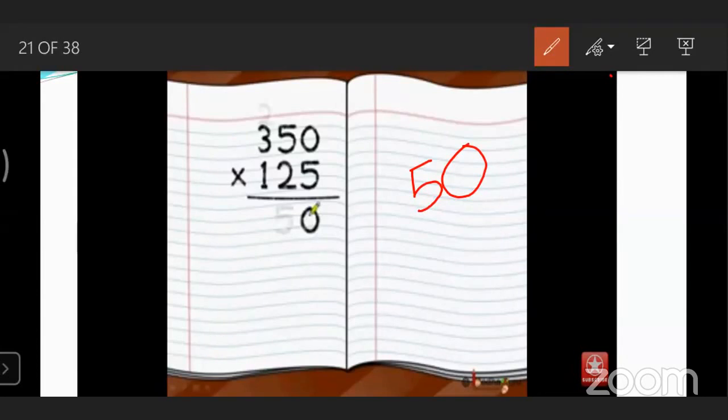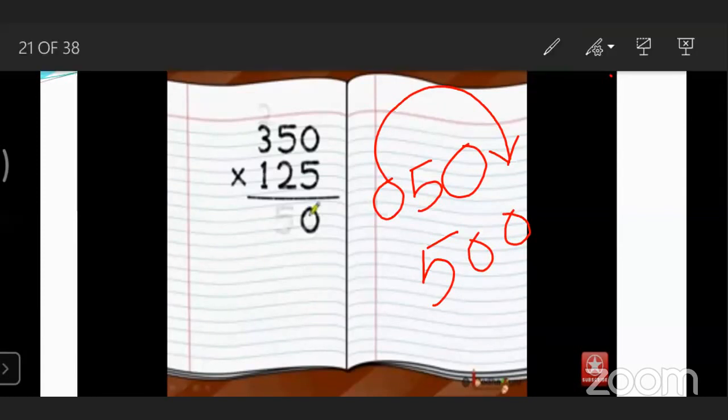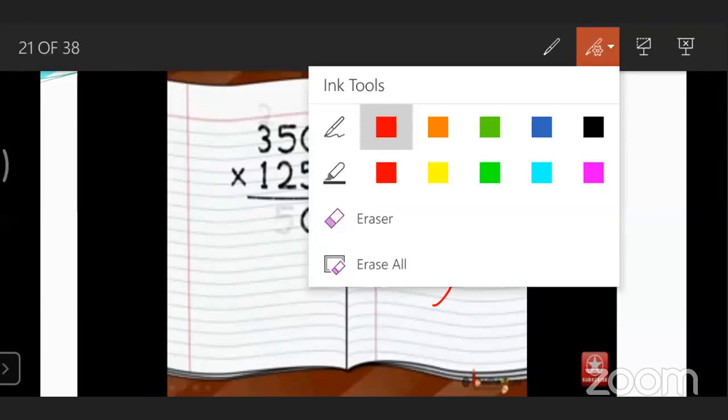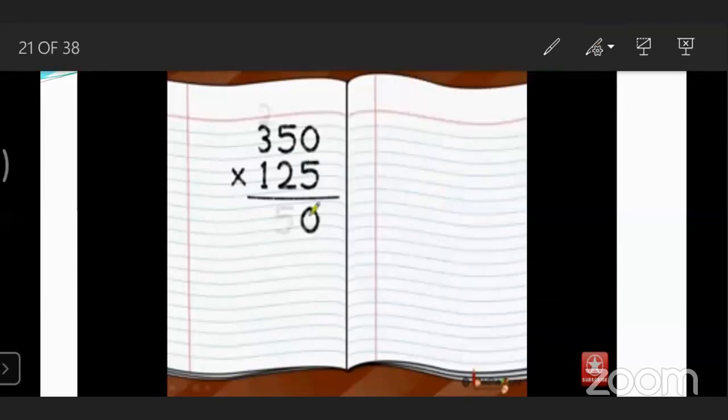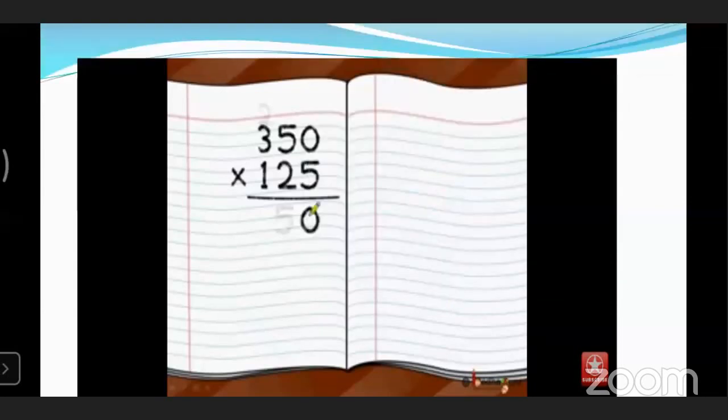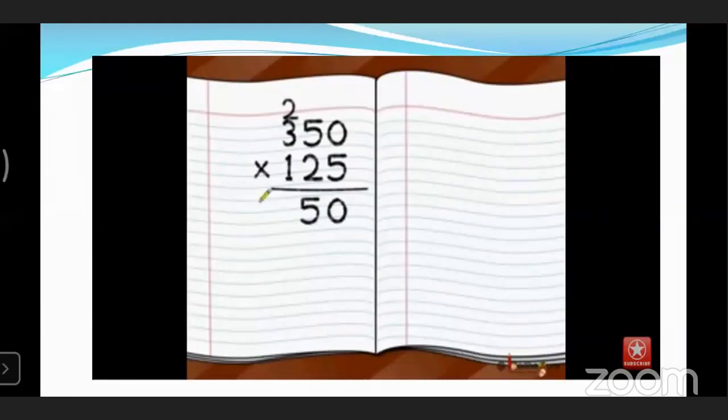Again, see, now it's 50. If I put a 0 in front of 5, then also the value will not change. But if I put the 0 next to this 0, the value will change. It will be 500. See the value of the number changing by putting the 0 at the right place, right? So 0 is also very important. Do you understand this? Yes. Okay, so 5 zeros are 0.